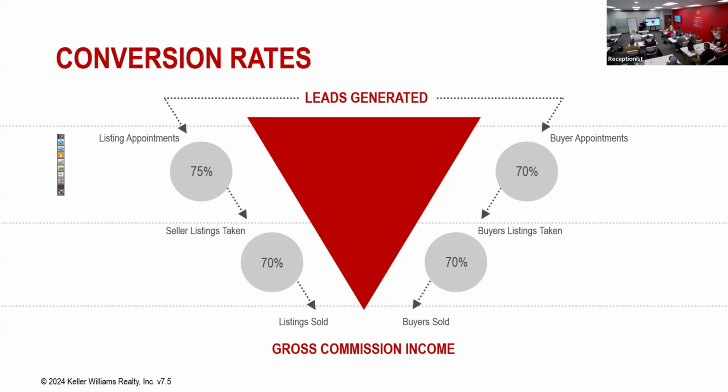But what we're looking for on listing appointments is to have about a 75% conversion ratio on your listing appointments. 75%. Which means if you go on 10 listing appointments, you're going to end up with 7.5 listings. Does that make sense? How many of you think that your conversion ratio is way above 75%? Any takers? Couple hands? Okay, that's good. That's great. You can adjust this number to whatever you think it is when we start going through the math.